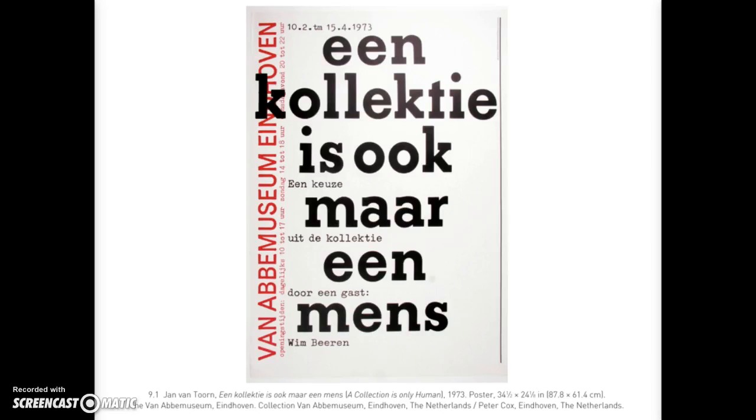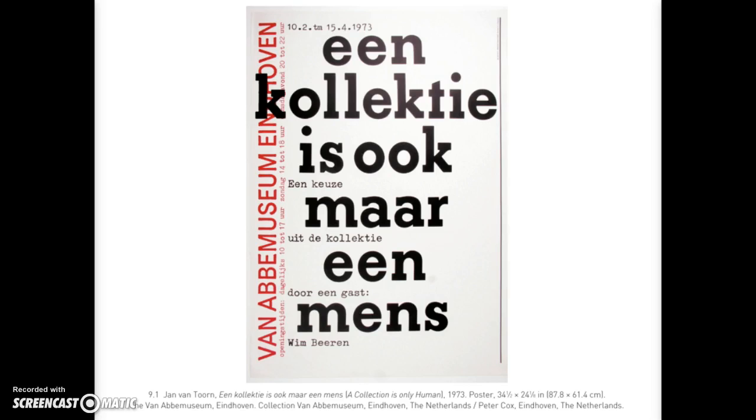So this week's discussion is going to center around postmodernism. And we're going to start off by talking about Jan van Toorn, who was a Dutch designer who embraced a more idiosyncratic and personal style. So we're starting to see style going back to the Dadaism. We're sort of having a disregard for rules and orderliness, as opposed to the international style, which was a style that was focused on universal harmony and clarity.